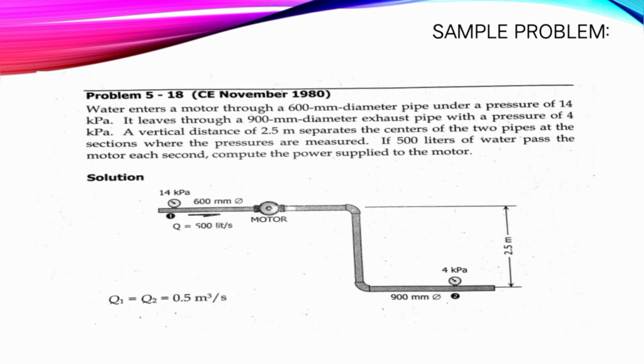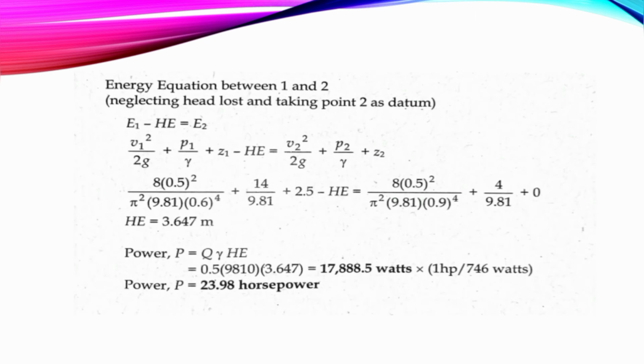And the discharge is also given, which is 500 liters per second or 0.5 cubic meter per second. Using the energy equation between section 1 and 2, we'll have the equation,